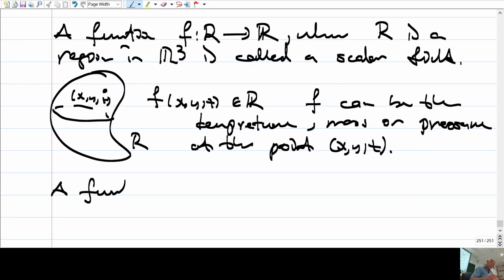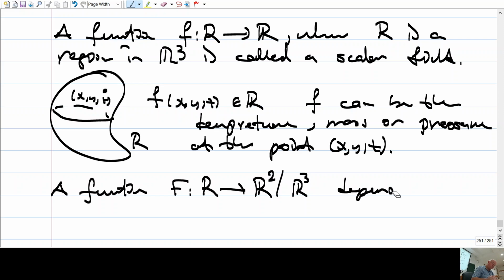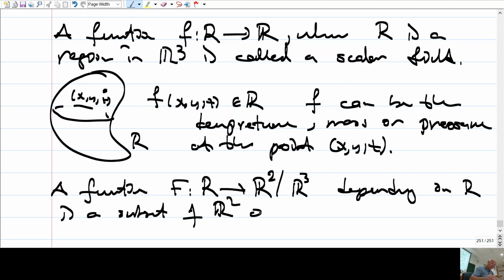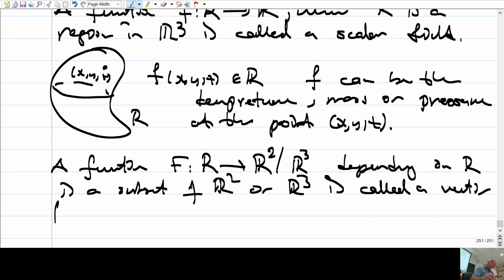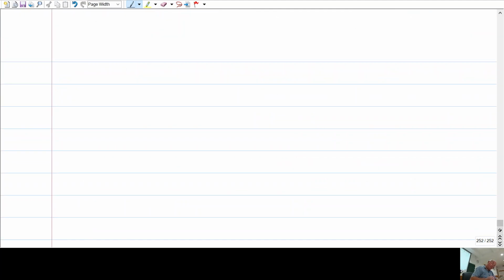A function f from R into R3 or R2, depending on whether R is a subset of R2 or R3, is called a vector field on R. For example,